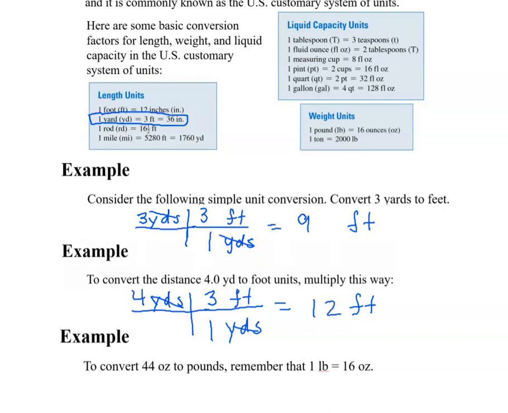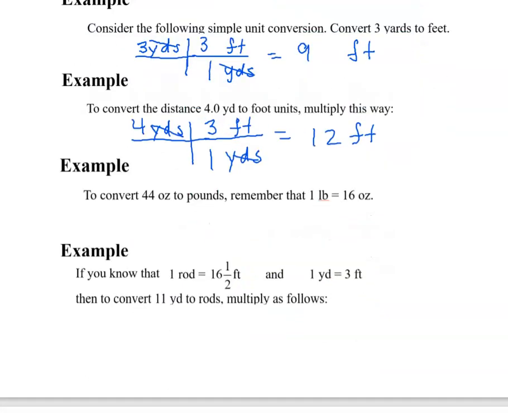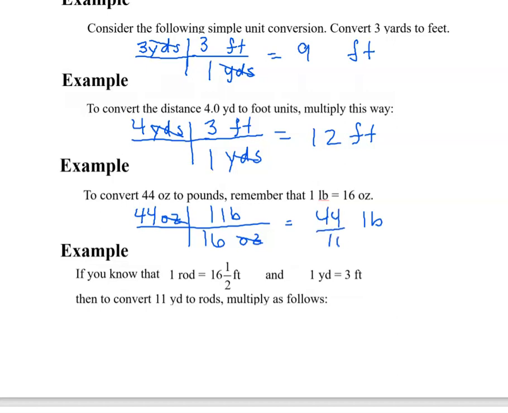To convert 44 ounces to pounds, if we know that 1 pound is 16 ounces, we're starting out with 44 ounces. We want the bottom to cancel out, these ounces to cancel out with these ounces. We want the final answer to be in pounds. Then what we want to do is use this statement. So it's 16 ounces. We would put the 16 on the bottom with the ounces over 1 pound. Well, the ounces are going to cancel out, so we would have 44 times 1 over, on the bottom, we would just have the 16. And so to get our final answer, we would do 44 divided by 16,